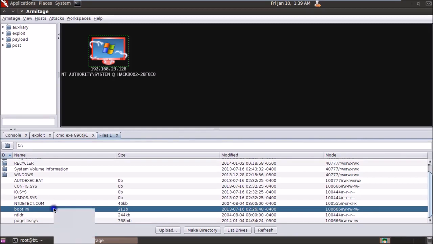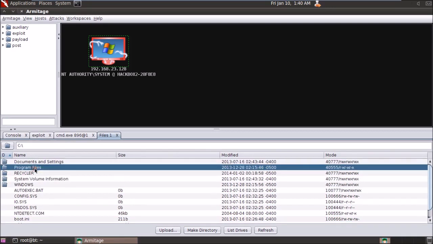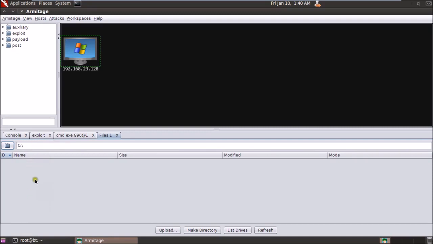You have the option of deleting from here. Not only that, you can extract the information from your target by simply clicking on download. Like I've told you before, you can use command prompt. If you're not good with that, you have an interface which will do everything for you. And you can even browse for the paths. Now in my victim's computer, we have only the C drive, so you wouldn't get it.